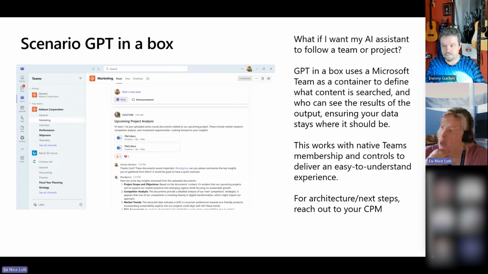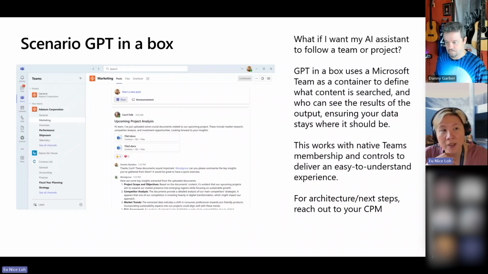When you leverage Azure OpenAI, you maintain control of the Azure OpenAI instance and the LLM, meaning you can set the appropriate rules and boundaries that you choose to apply. However, within an organization, there are sometimes subgroups that want to make sure that their information remains contained inside the subgroup as well. One common design pattern is to use a team, a Microsoft Team, as